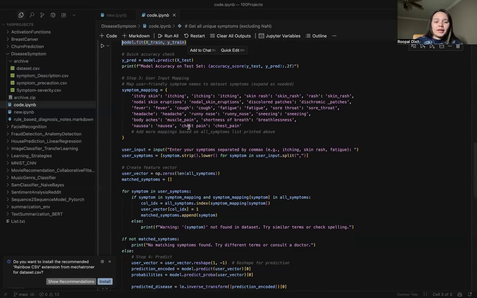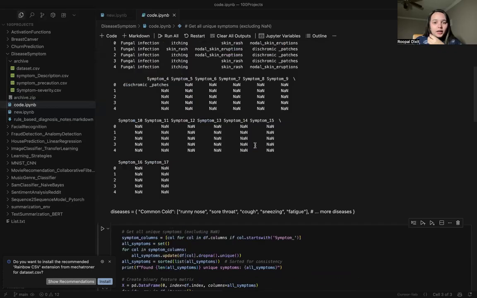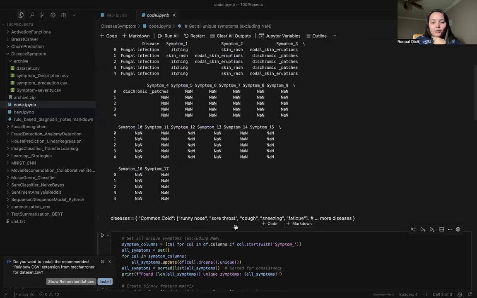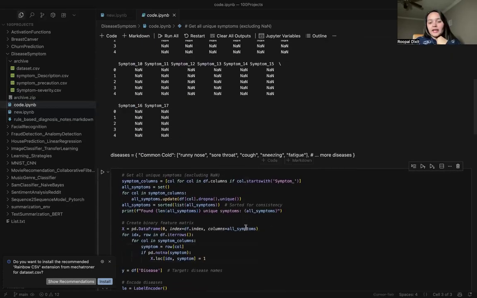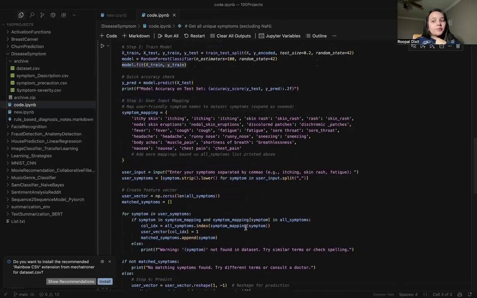Now we are also doing some symptom matching, like itchy skin equals itching. I'm training on very constrained information, such as runny nose, sore throat, cough, sneezing, fatigue. So these are the symptoms.